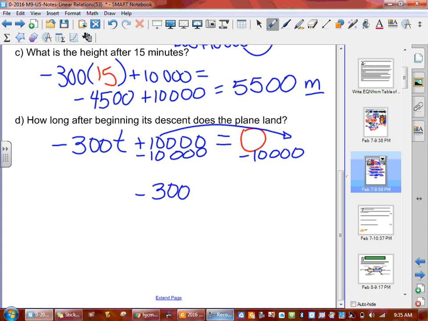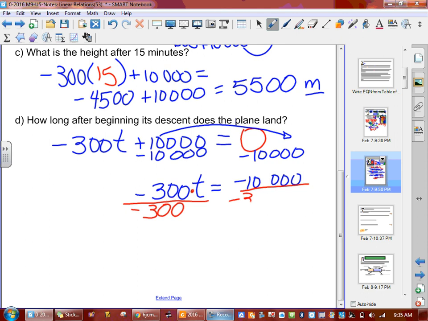And our last step is to always divide by what's sitting in front of the variable. So divide by negative 300. Now, we like that both of these numbers were negative, because when you take a negative divided by a negative, you're going to get a positive answer. So we like the negative divided by negative situation. And that's going to give us